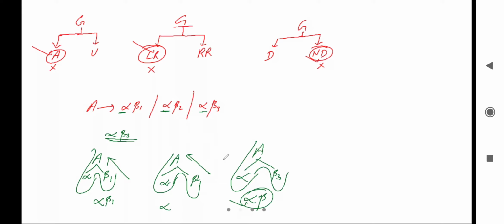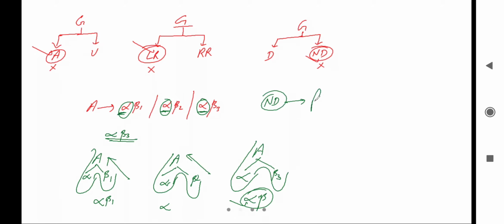So this is the string we are looking for, right? But what is happening is we are confused about choosing the right production. Okay, which production do we have to choose? We are confused. Why? Because of the common prefix. All of these productions have the same alpha, the same prefix, right? So due to this prefix, this grammar is non-deterministic.